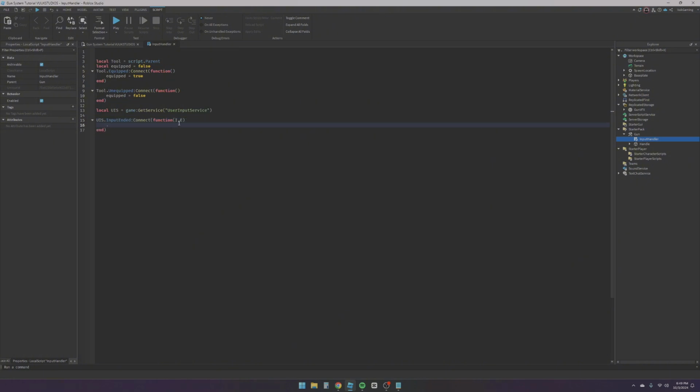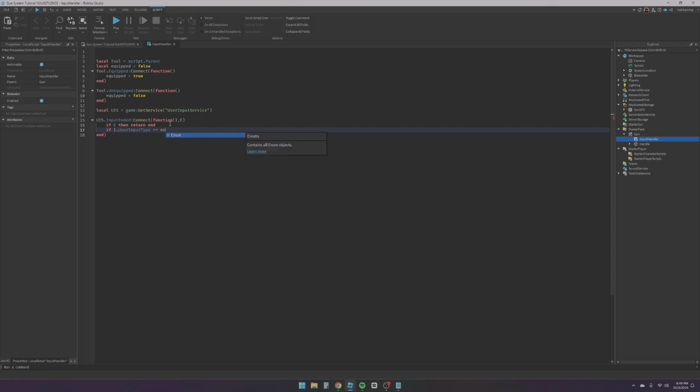So if we say if E then return end, basically when we are chatting inside of Roblox and we press a certain button, it wouldn't shoot. So if we are chatting and we press a key or something like that, it wouldn't shoot our gun. You need to put this so you don't accidentally fire off a function while you're typing something to someone. And then we're just gonna say if I.UserInputType